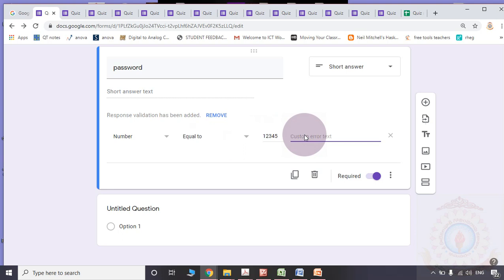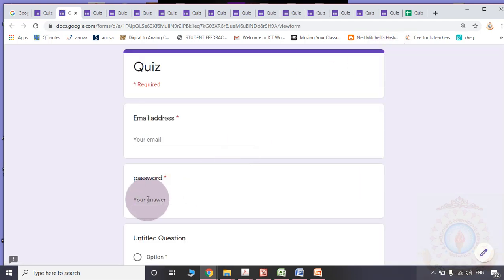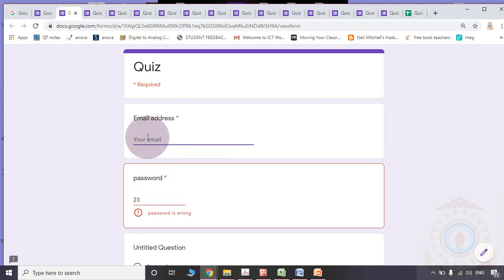The custom error: password is wrong. Then see the preview. I am entering 23. That is showing password is wrong.